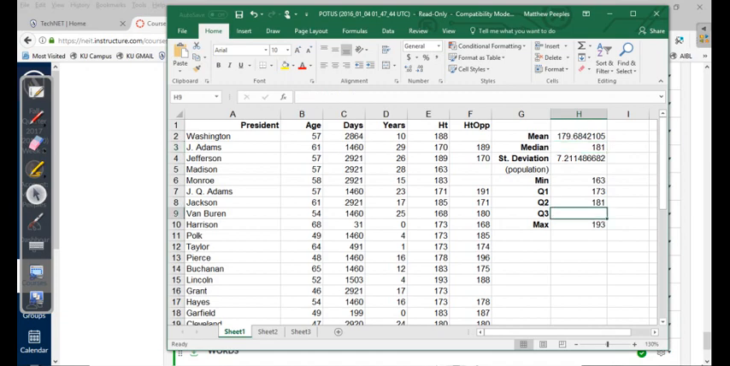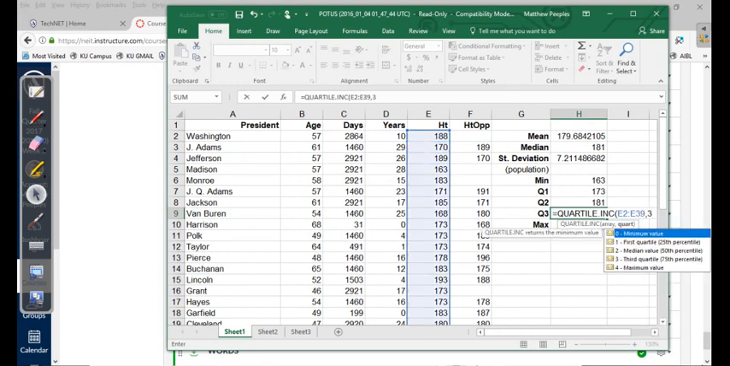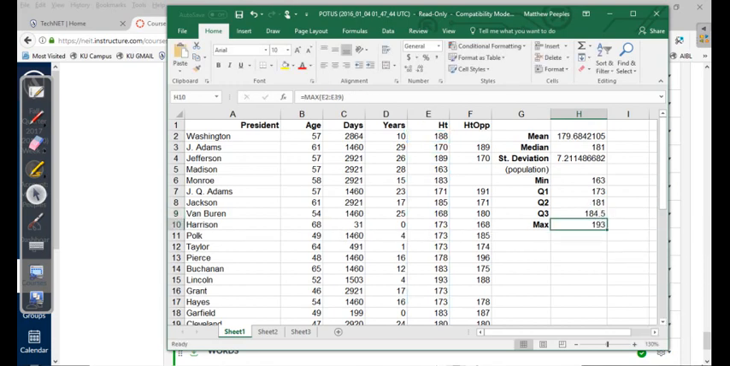Quartile 3 equals quartile. And we're going to choose the inclusive one again. We're going to use E2 to E39. Choose 3. There we go. All right. So our quartile range right here follows this data set right here. What they were saying about the range,